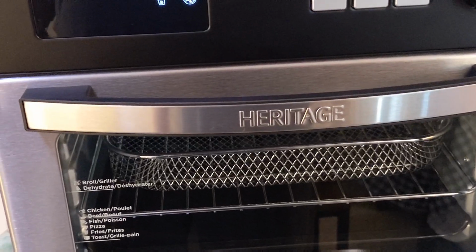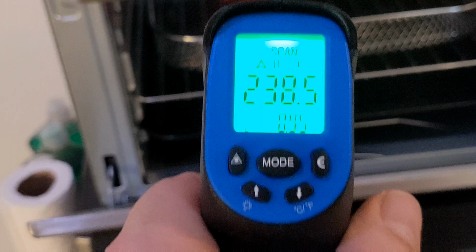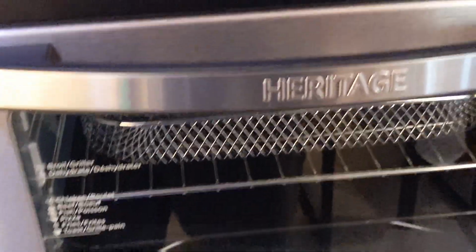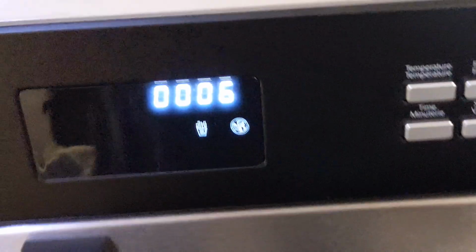This little oven's got some power in it. And if I open the door, everything still stays on. So you got to be very careful. Yeah, we're looking at 245. Yeah, that's pretty incredible. Okay, so that's it for the temperature test. Up to 35 on the top. This part here is going to be, yeah, got some temperature on the side there. So yeah, a little bit of leakage on the